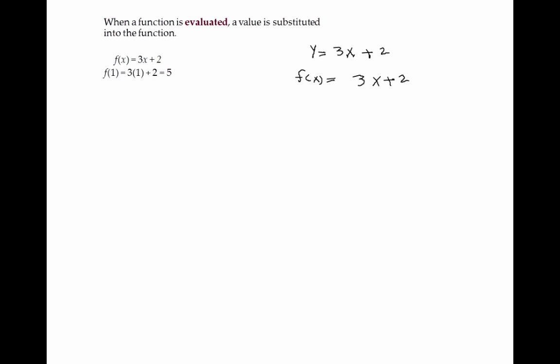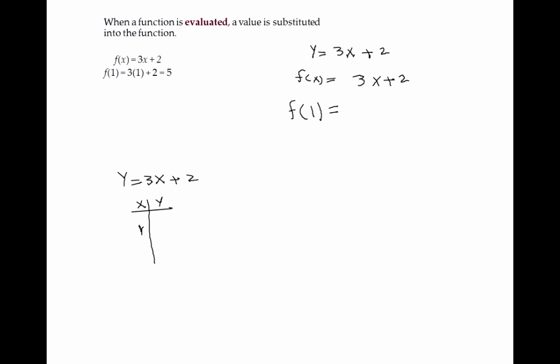I could call it g of x if I want to, or h of x, it doesn't matter. It's just a function. I'm going to call the function something. So what that means is I can evaluate this function for different values now. So if somebody comes and tells you, what is f of 1, they're really asking you if y is equal to 3x plus 2,